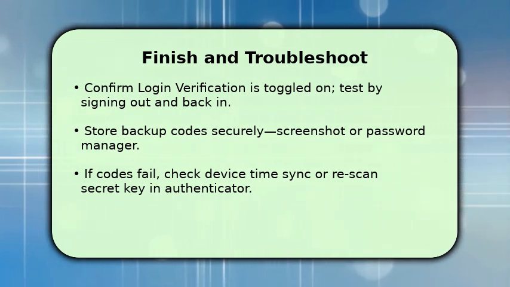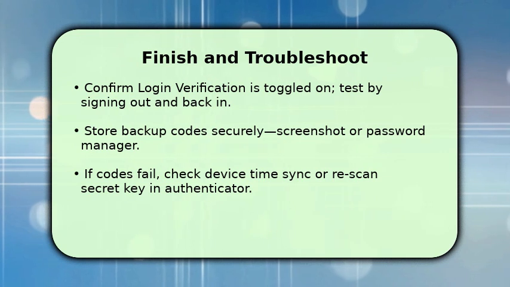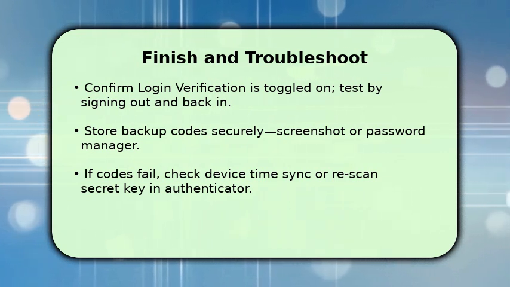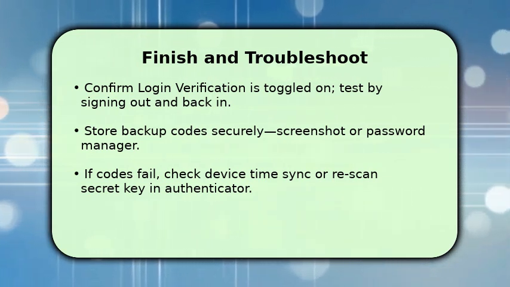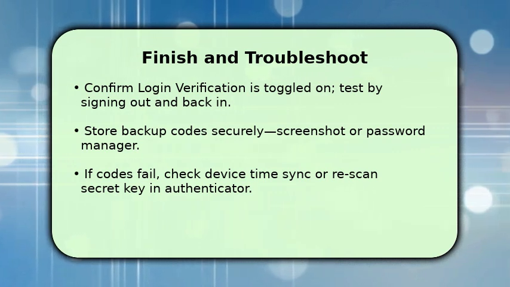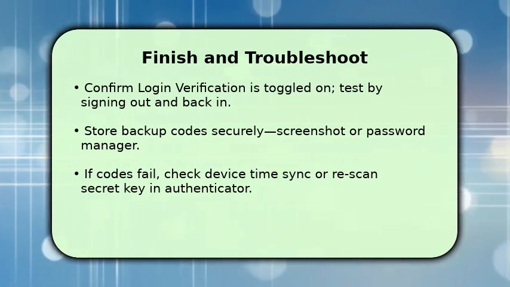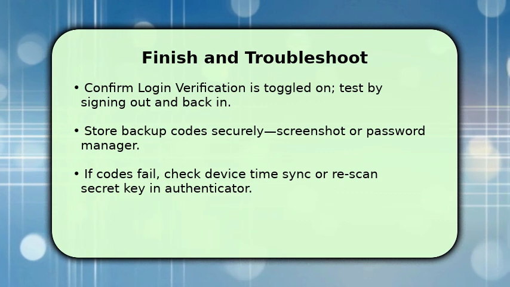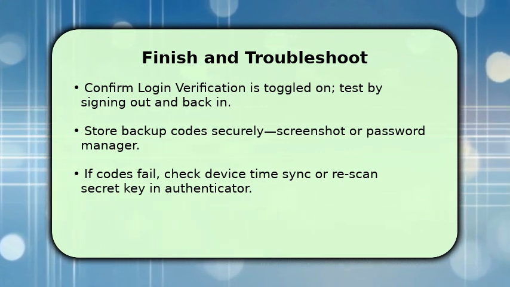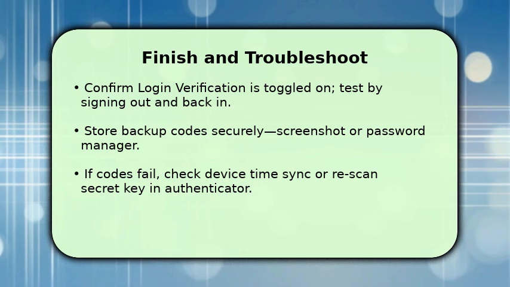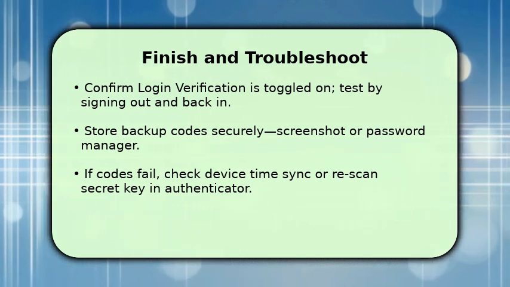Make sure to store backup codes in a secure place like a password manager or encrypted note. If you run into trouble, don't panic. Common fixes include ensuring your phone's clock is set to automatic time and time zone, rescanning the QR code into your authenticator, or requesting a new SMS code. If problems persist,